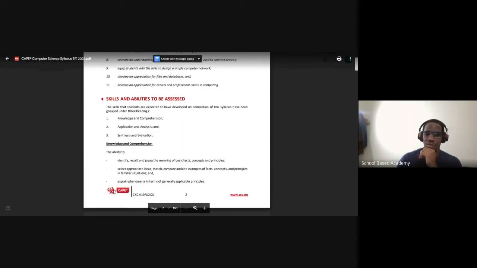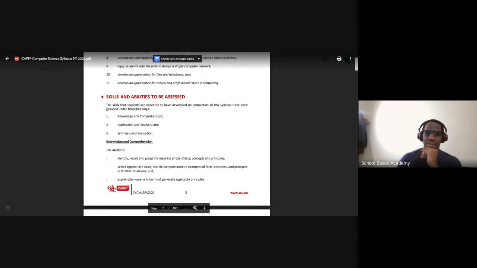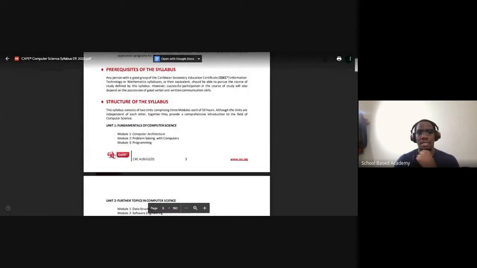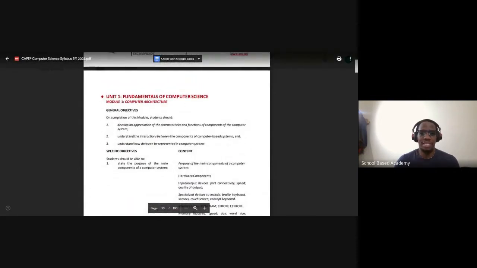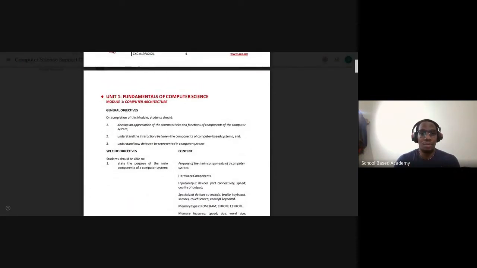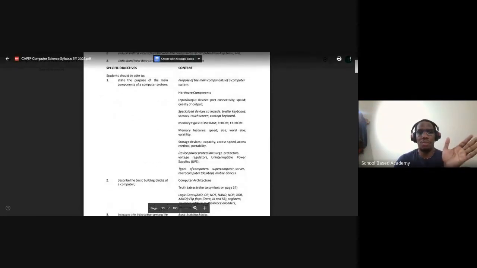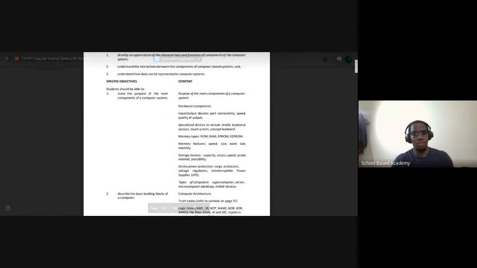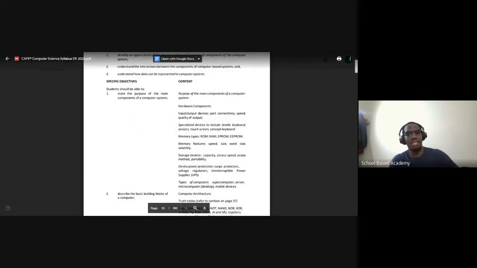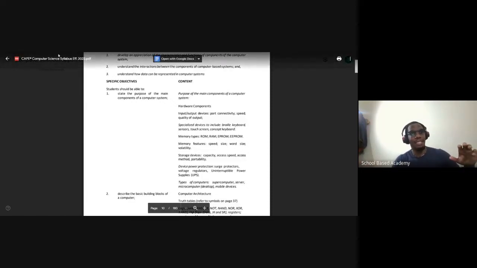So we're going to jump to, oh, my document didn't load properly. Let me see if I have it. Oh, okay, so it's loading. Right. So for the fundamentals of computer science, the Unit 1, Module 1, okay, this is stuff that we're not going to do here, but we're just looking at it. We want to understand the components of a computer system. So your teacher will talk to you about hardware concepts, things like input, output, specialized devices, ROM, RAM, EEPROM. Some of that you would have met in